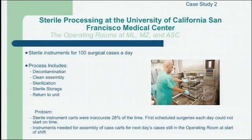That meant that the first surgery in the morning couldn't start on time because the surgeon didn't have everything they needed for the case. The instruments needed to assemble these case carts for the next day's cases were still in the operating room, many of them, at the time that the shift started, so they couldn't actually begin putting the case carts together. We had people standing around doing nothing